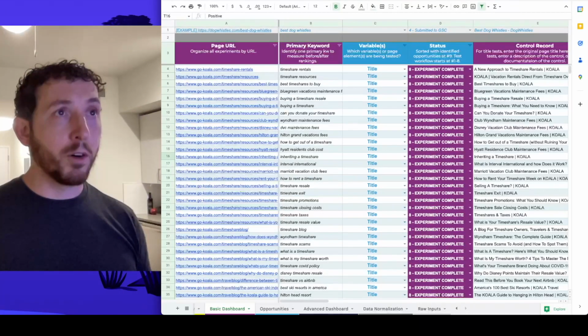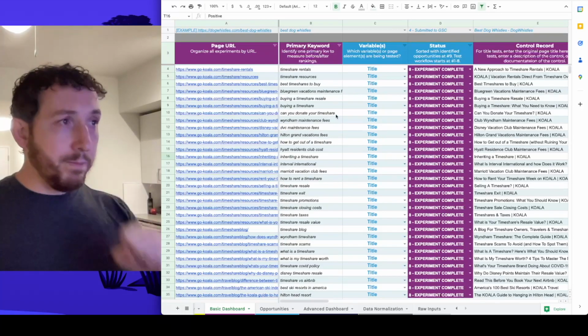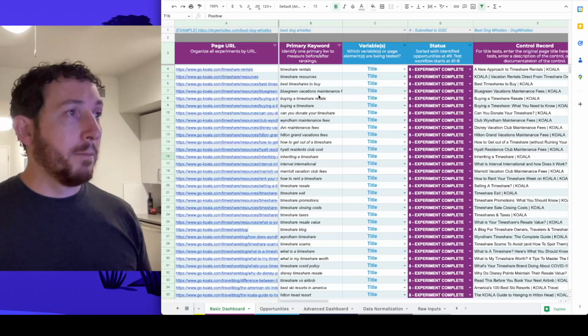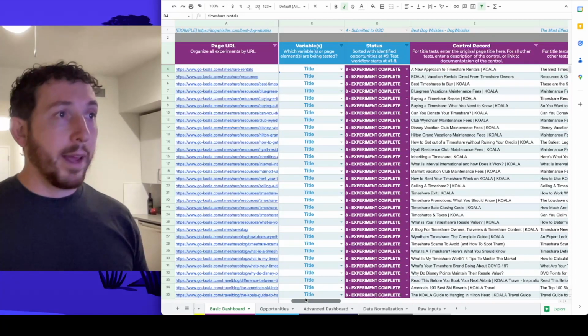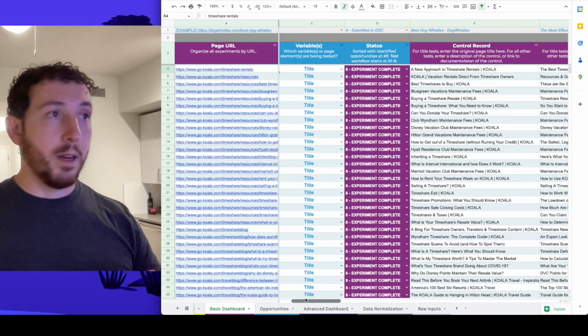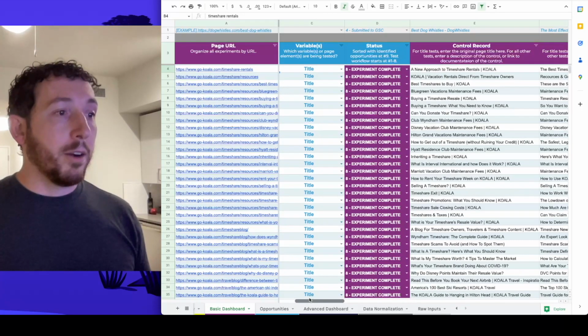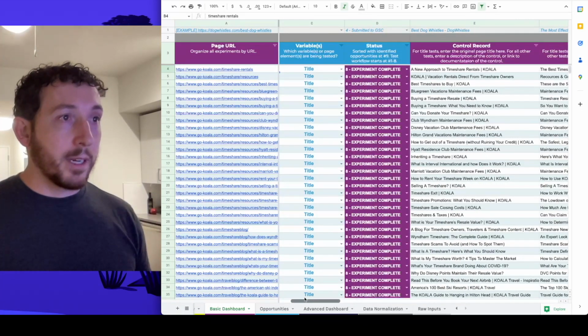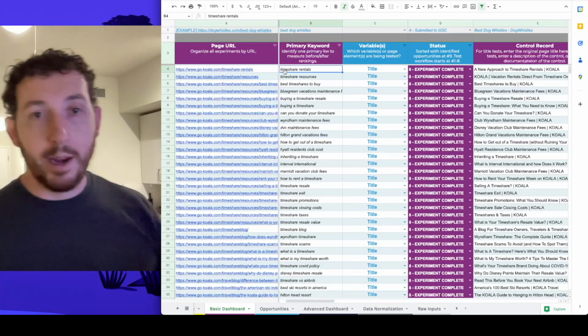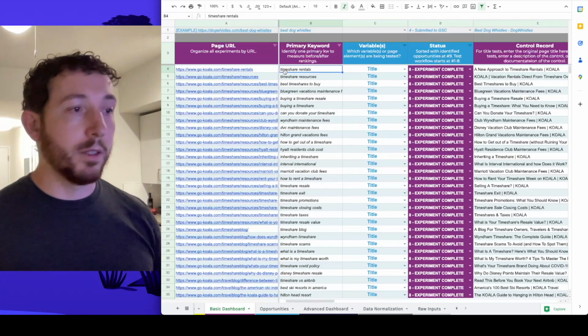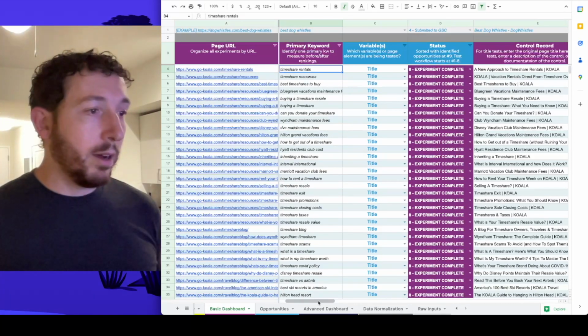I'm going to move over to this is gokoala.com. The company name is Koala. This is a company that I've contracted with and done some SEO experimenting with. So here I've got all of their data in the basic dashboard. Their number one page that they care most about is timeshare rentals. So with